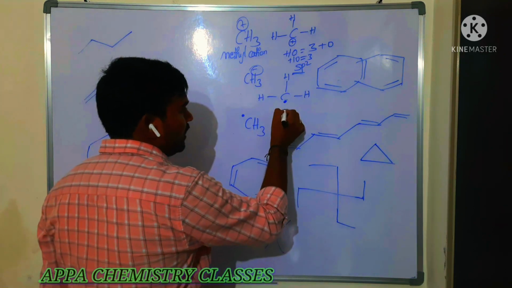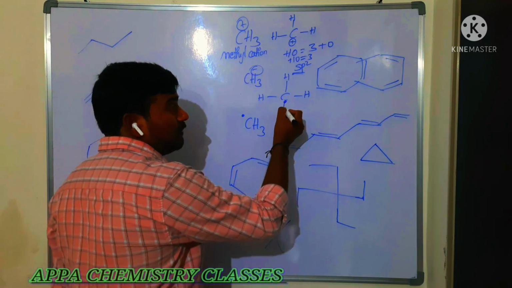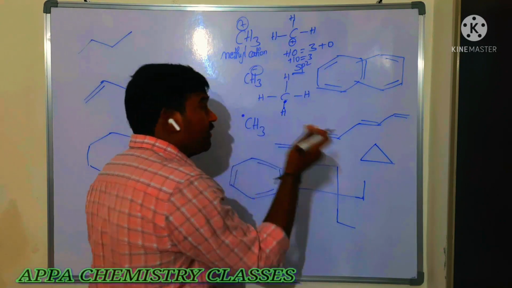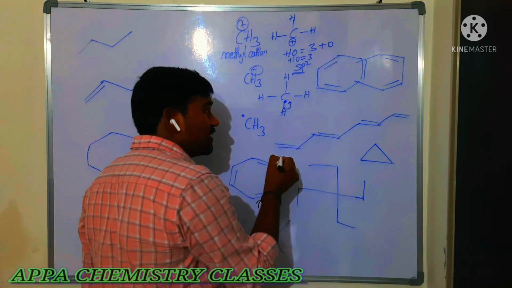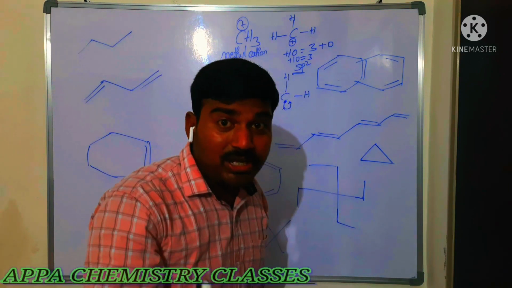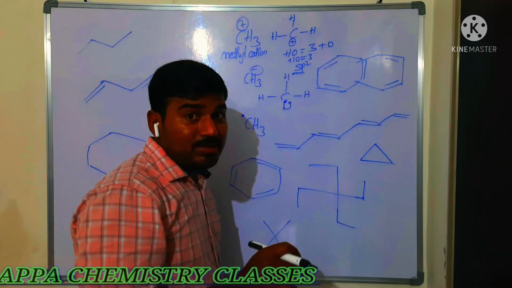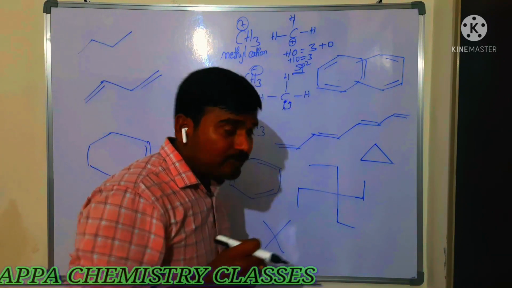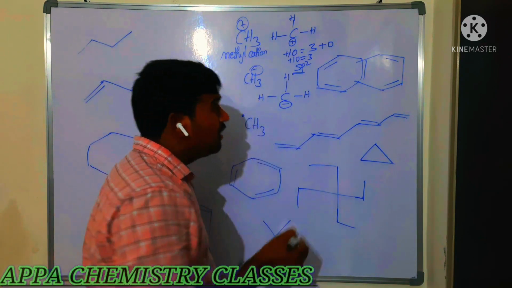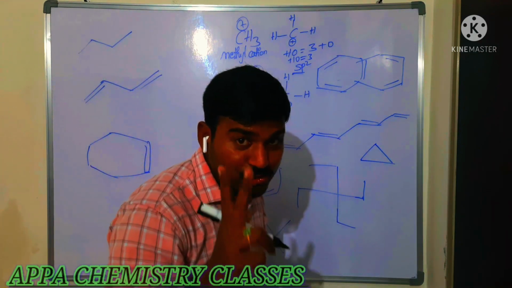This carbon already has one electron in the bond, and this carbon is accepting one more electron from this atom. Whenever it accepts one more electron, this carbon will get the negative charge. That negative charge indicates 2 electrons. Is that clear? One electron the carbon already has, one more electron it is accepting. Then it will have the negative symbol. This negative charge indicates a pair of electrons, that is 2 electrons.